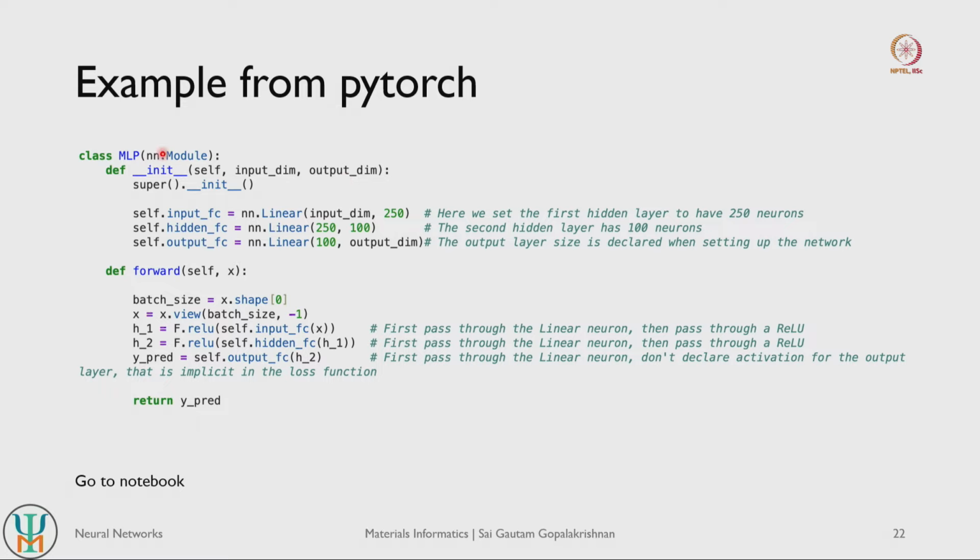So once you create this initialization function, you then declare how the model should be created within it. So you define the first hidden layer which is connected to your input layer here. So we say we use this linear instance within your neural network module.